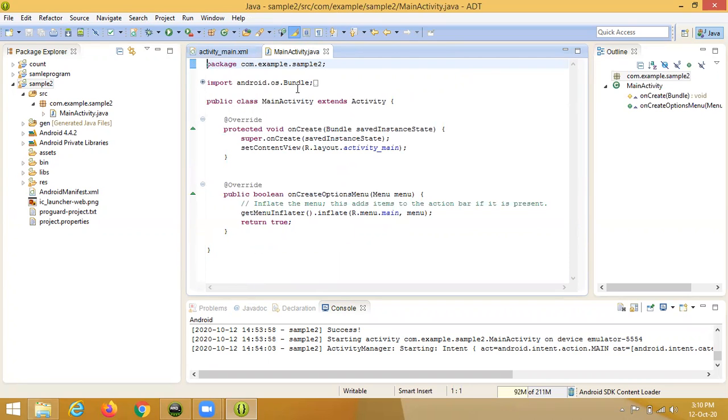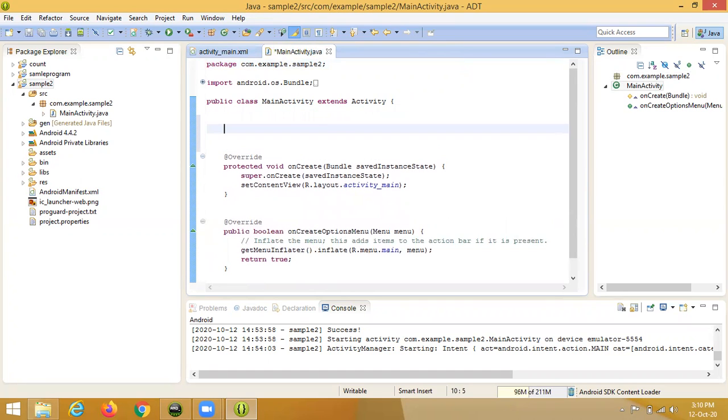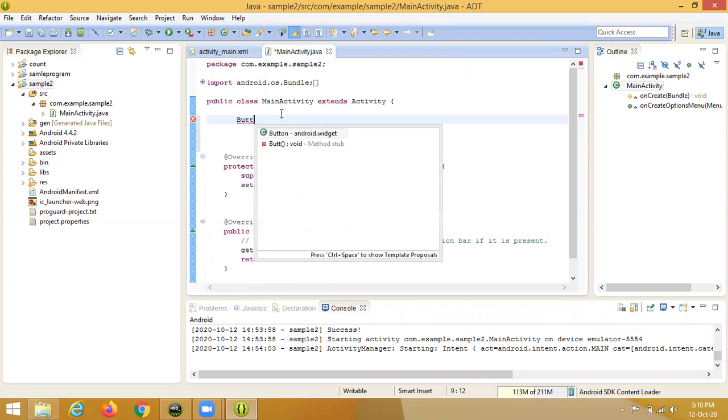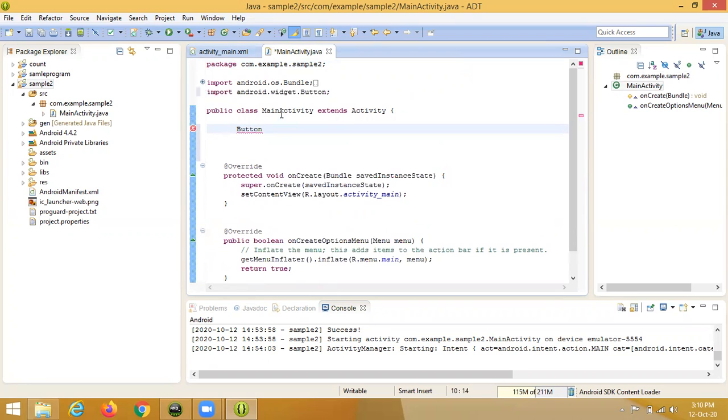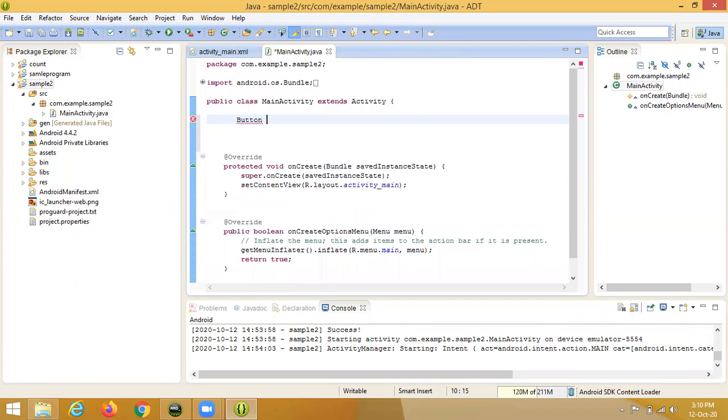Now this is the beginning of our program code. First we declare a button and assign the name B1, that's button 1, comma B2, that's button 2.